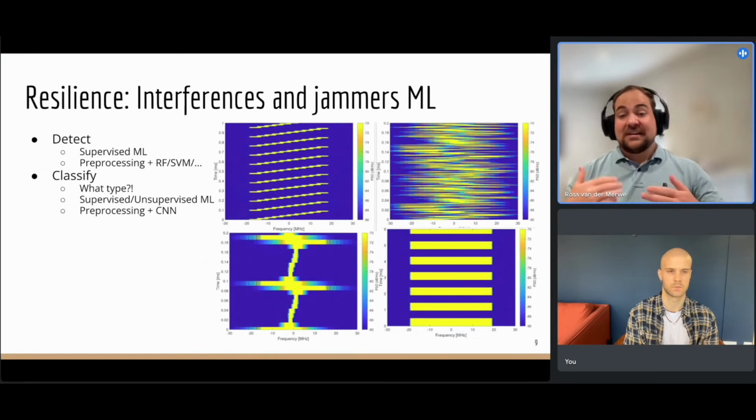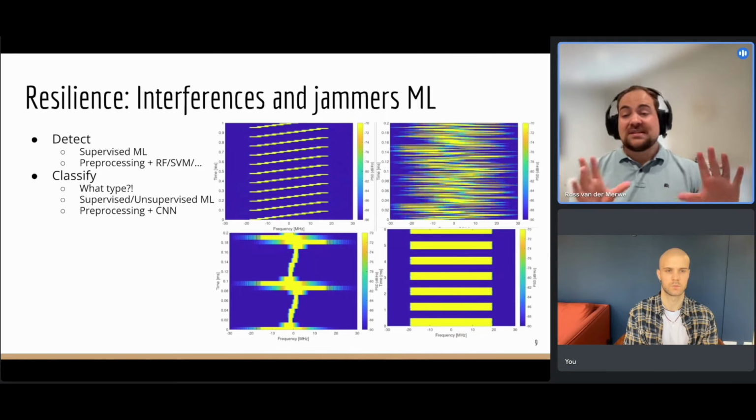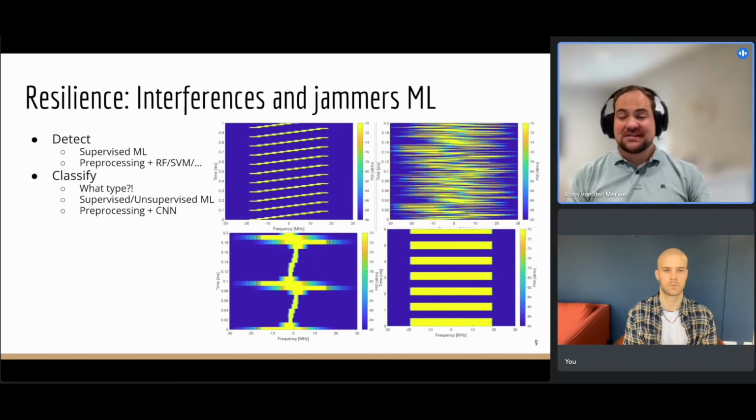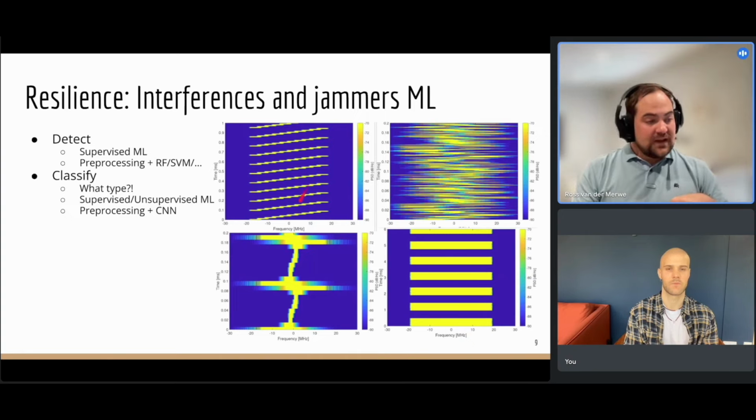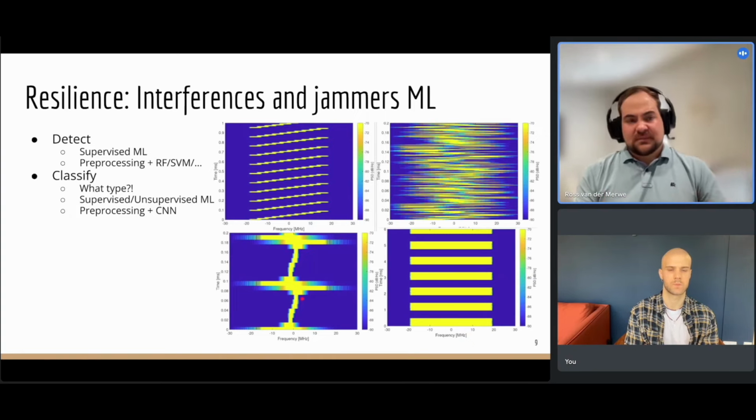Or if I can detect that it's DME, I can say, well, it's not interference. He's allowed to be here. Don't call the authorities. This is legal. And then based on how these signals look, you can really go.